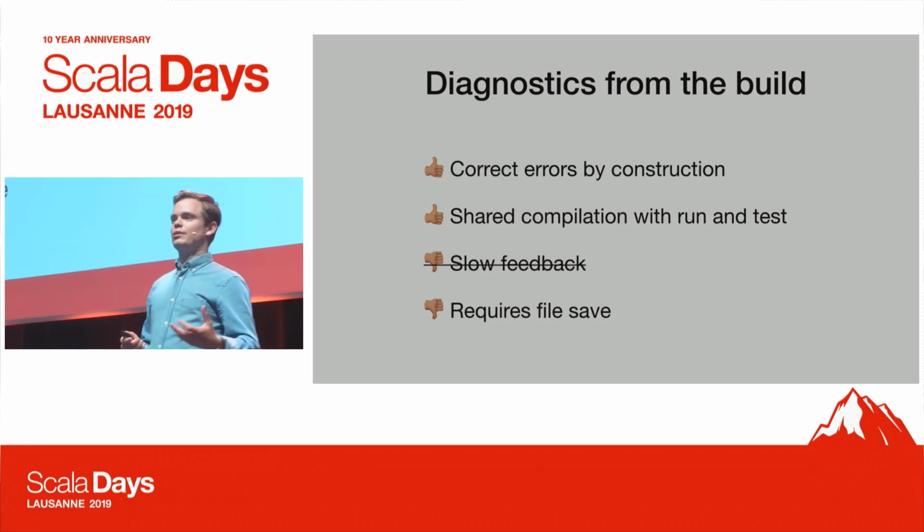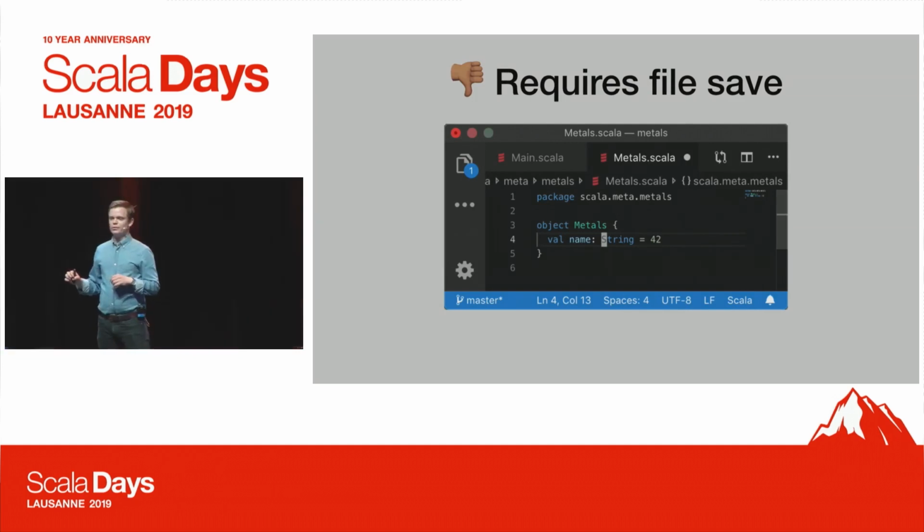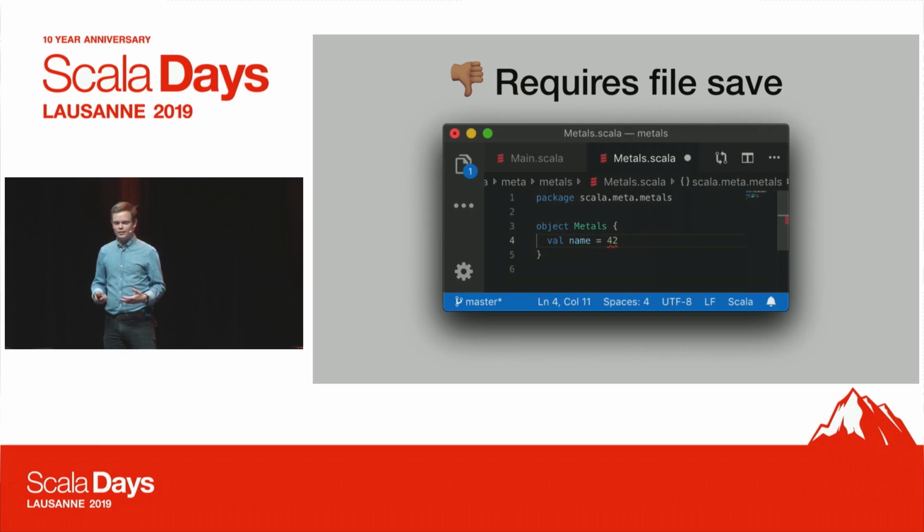So let's look at the last piece, which is requires file save. If you've just typed this into your buffer, which is an invalid program, it expects a string, but it gets an int. It should be an error, but there is no error in the editor because you have to press save, and then you get an error. If you're coming from an editor like Eclipse or IntelliJ, this may be a bit counterintuitive. Let's say you fix that error, and the error is still there. Well, it's there because you haven't saved yet. I've seen people opening up Metals with that out-of-the-box experience and thinking, oh, it's not what I expected it to be.